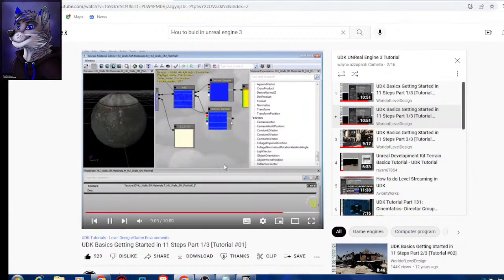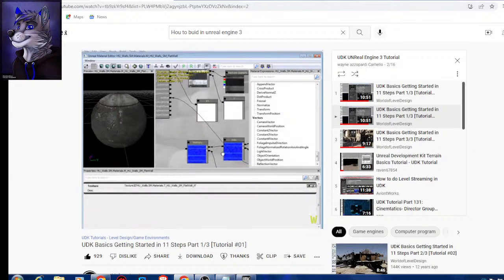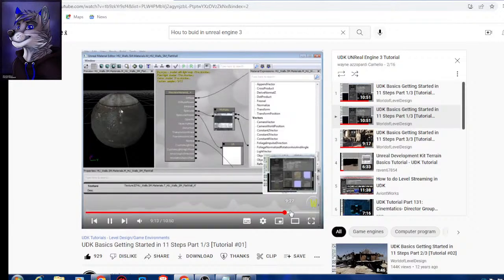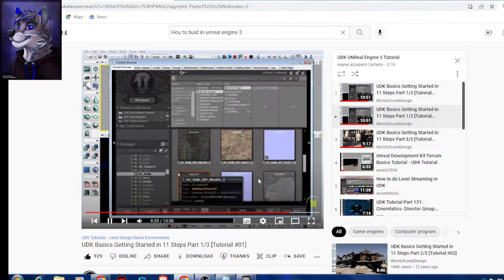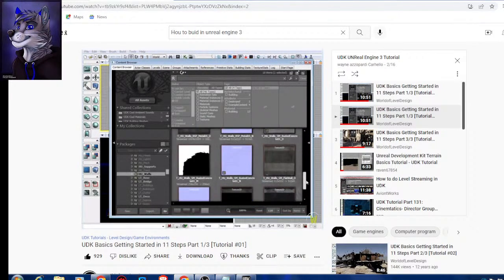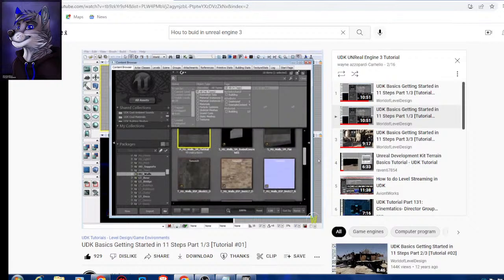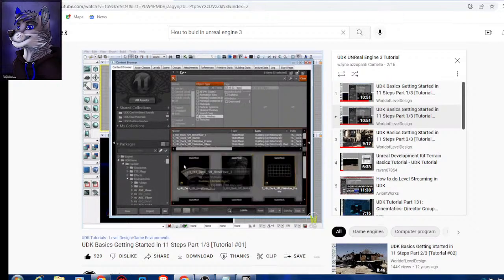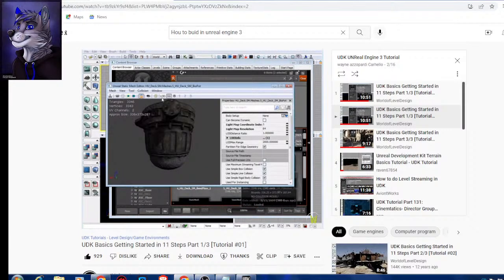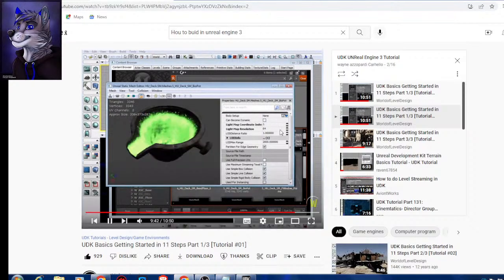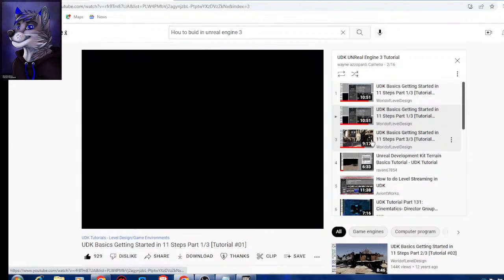Here we have a normal map, and everything is being connected together to make up the material. And all the textures have a red outline. That means we can't use that texture inside the editor. It has to be combined to make up the material. And if we double click on the static mesh, a window opens up for that static mesh. We can take a closer look at what